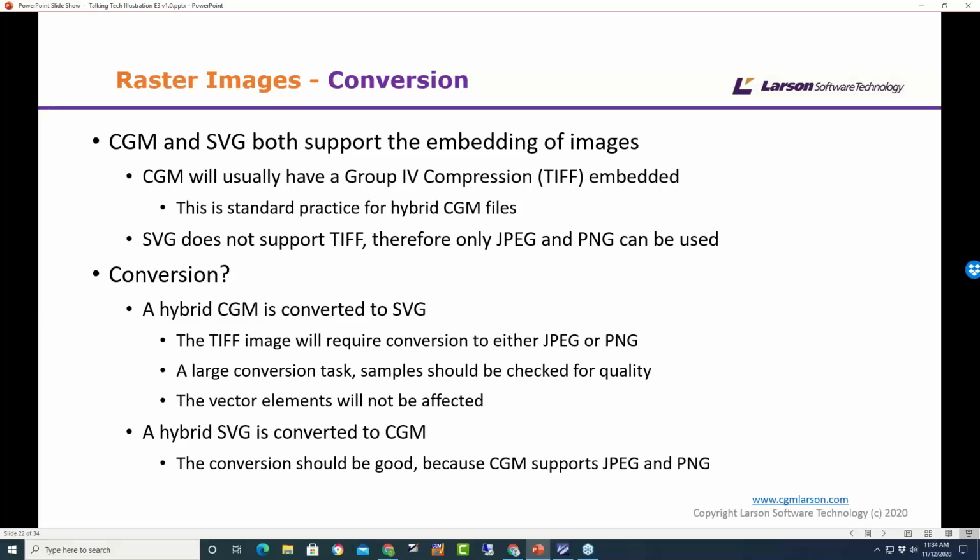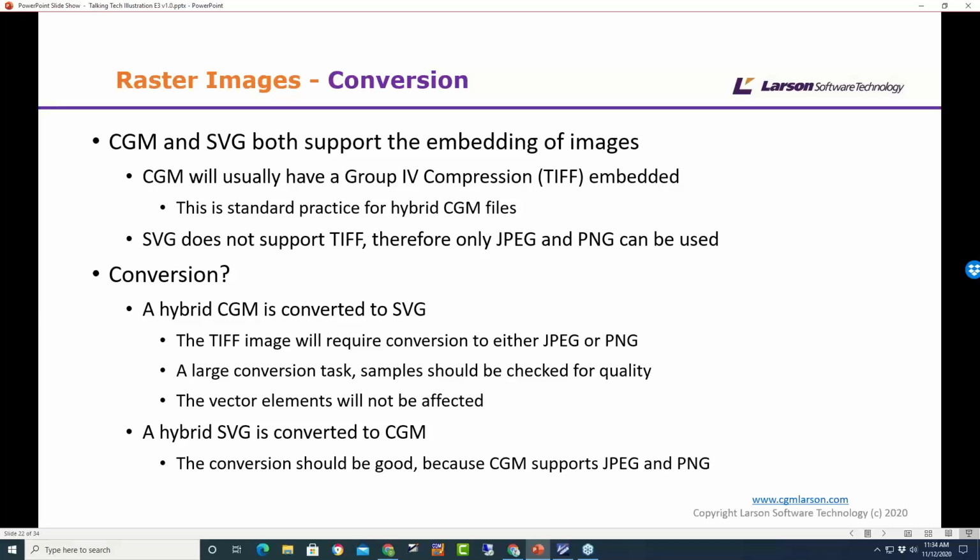So just be aware that conversion does take place, and it could also mean that any compression that's been put on the TIFF could be lost, so the file size could go up substantially. So we'd always advise, if you're doing a conversion, to do a check, just to make sure the files don't balloon out of your viewer world parameters.